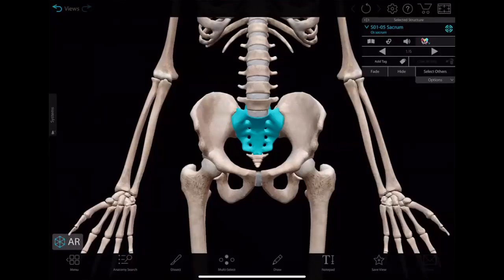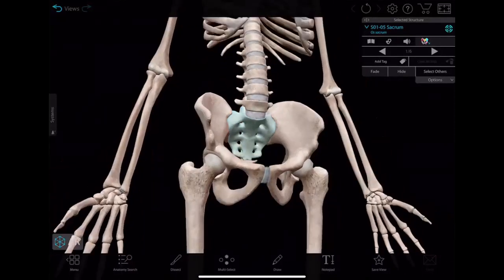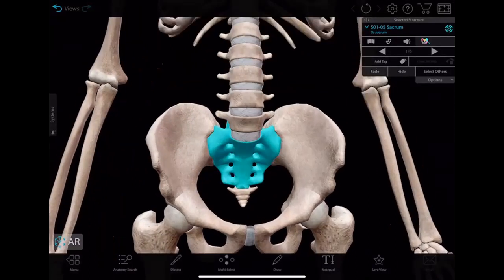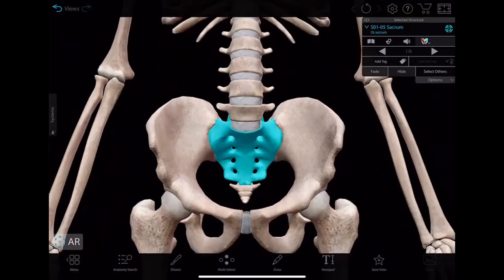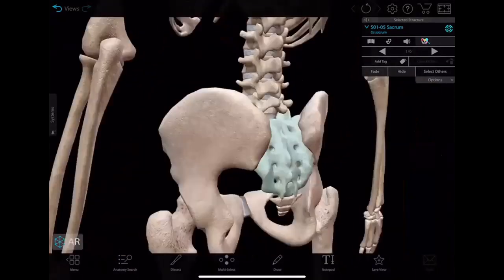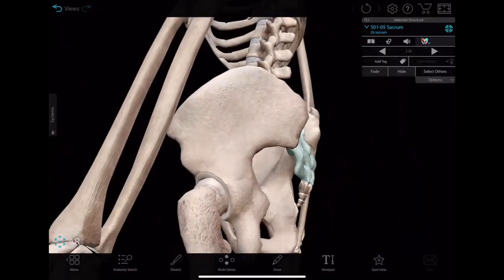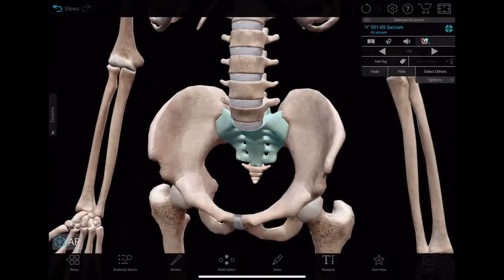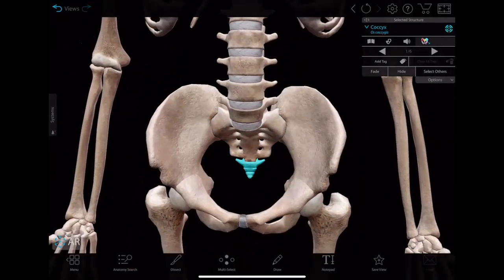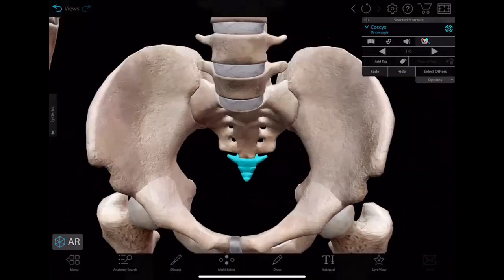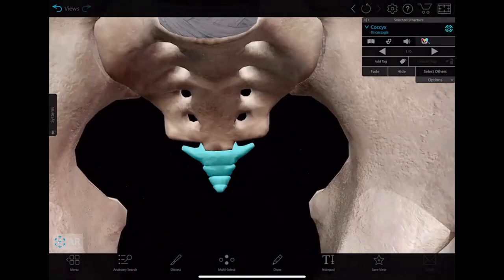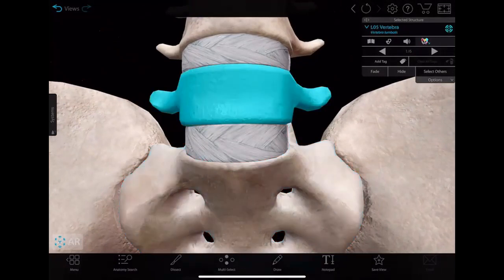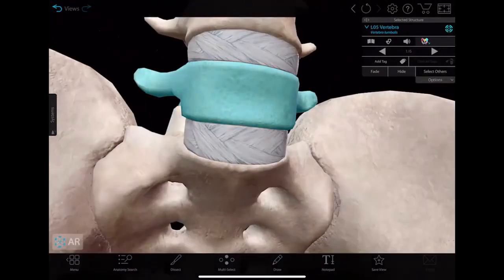You see, this is the pelvis, right? And the sacrum sits between the two hip bones, right? The selected one is the sacrum. You see, there is a curvature, right? There is an angle that increases the capacity of the pelvic cavity, right? That is the coccyx. The selected one is the coccyx. You see how the coccyx is articulating with the apex and how the apex is articulating with the L5 vertebra, right? This is the intervertebral disc.